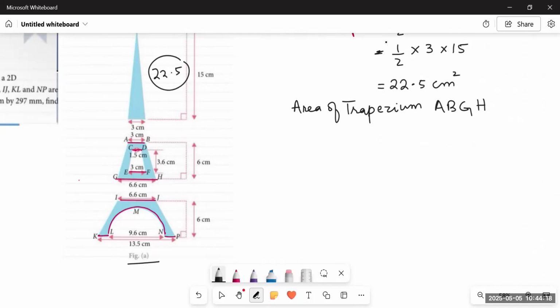And how can we omit it? We will find the area of the trapezium CDEF, and after that, we are going to subtract it from the area of the trapezium ABGH, because the area of ABGH includes the area of CDEF, but we have to remove it from the area of the whole trapezium outside. So for that, we are going to subtract it. First, we are going to find the area of ABGH, which is half of P1 plus P2,